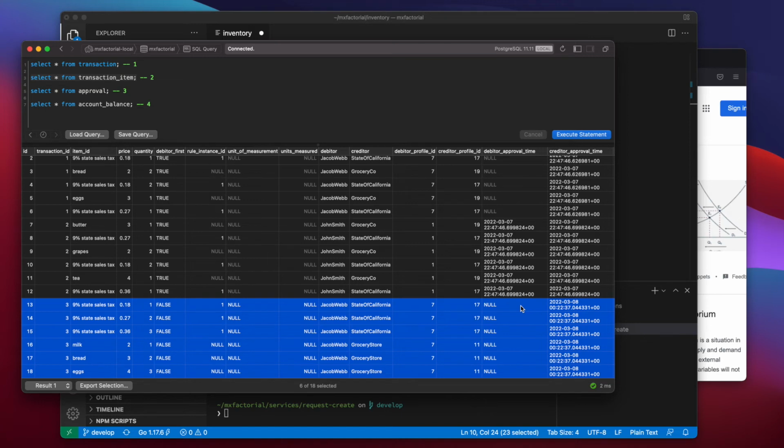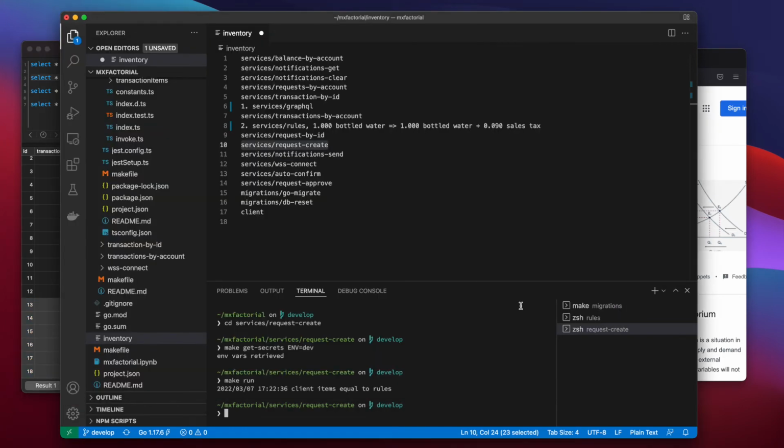Since creditor approvals were already added by the rule service, there are 0 pending approvals. So balances change, and that's the shorter end with the request create service as step 3 in the transaction process.